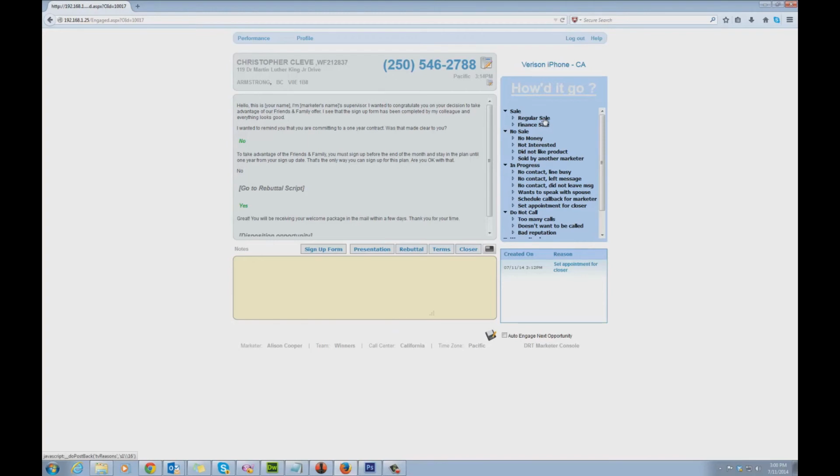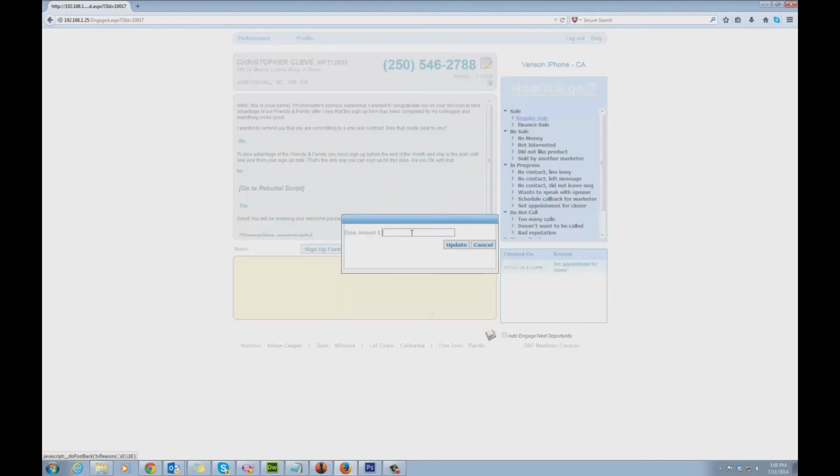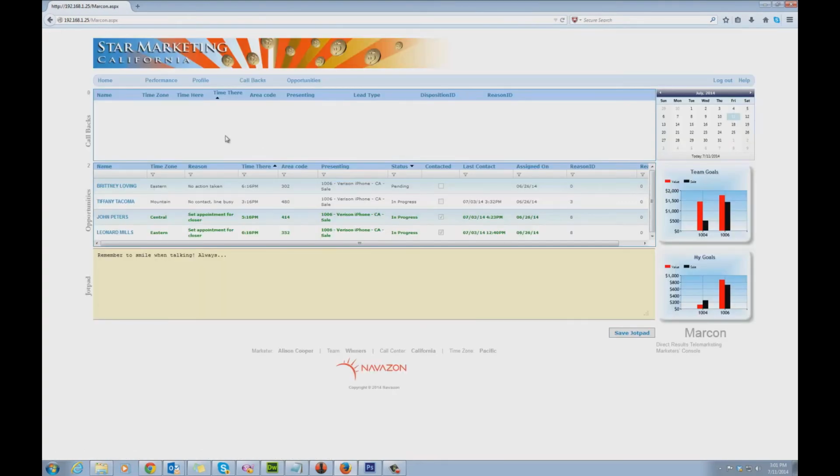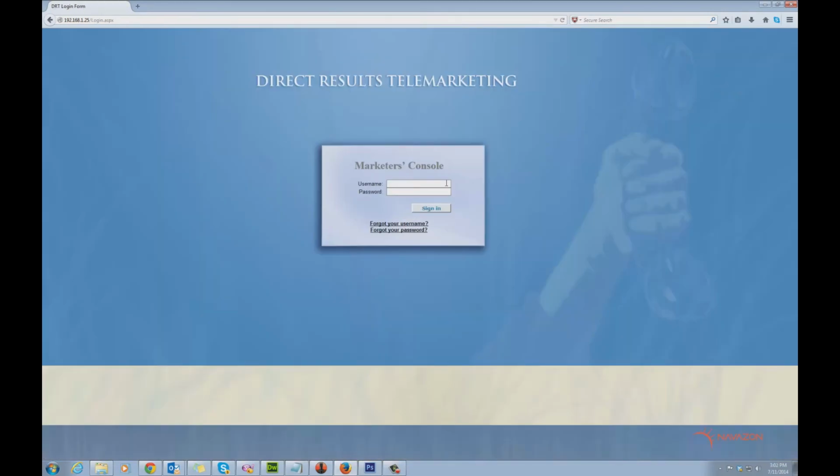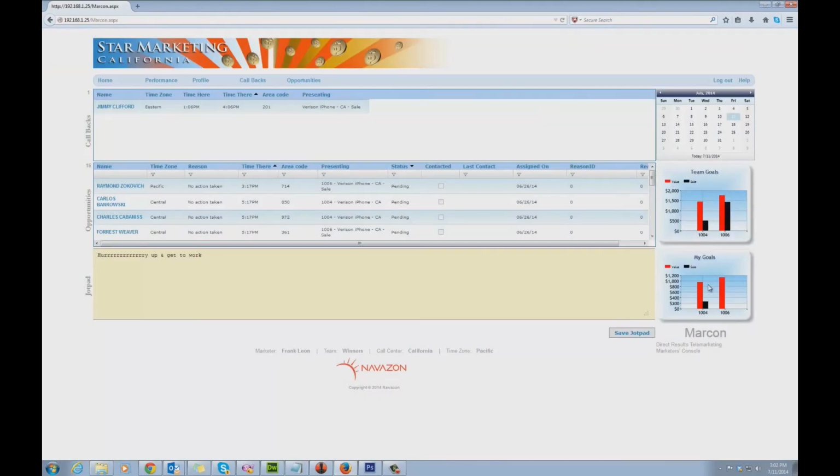She will click on regular sale, and the system prompts her to enter the amount of sale. She'll enter an amount, enter $500, hit update, and she's back on the home screen. And her callback for Christopher no longer appears because that opportunity has been converted to a sale. Now I'm going to log out and log back in as Frank, and we see that Frank now has sales under the 1004 presentation, and this sale is attributed to